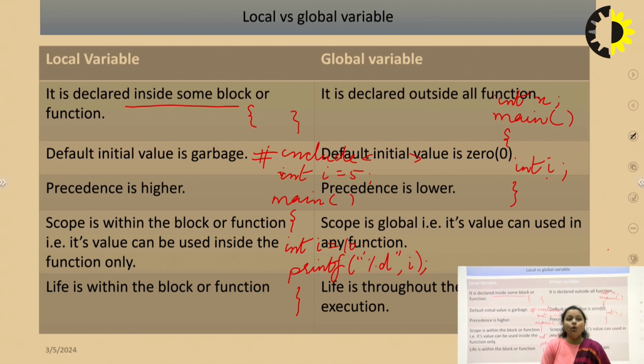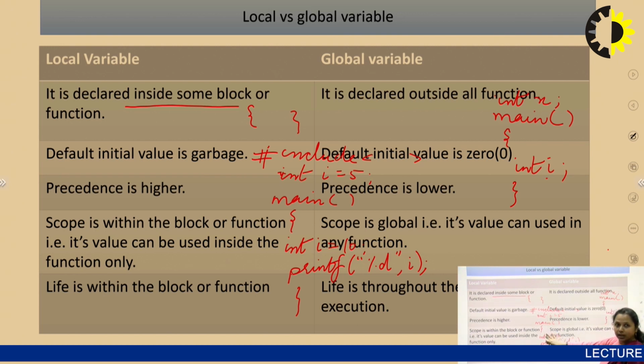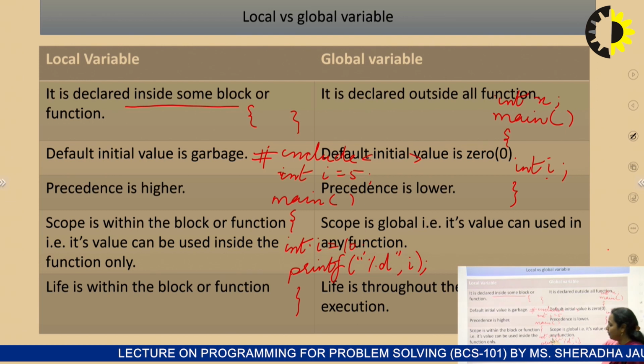Next difference is scope. A local variable's scope is within the block or function, and a global variable's value can be accessed at any point of the program. If I talk about this i equal to 10, i is accessible within the main function only. But this i equal to 5 is accessible throughout the program, outside main also. If I create a function xyz outside this main program, then also i equal to 5 is accessible, but i equal to 10 is accessible within the main function only.